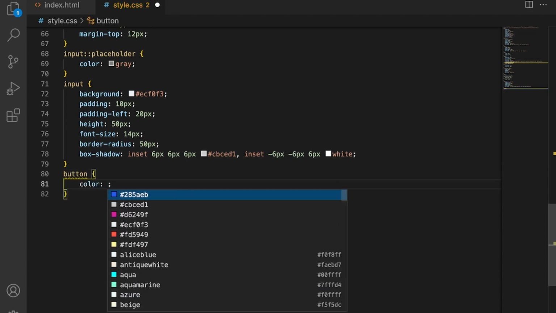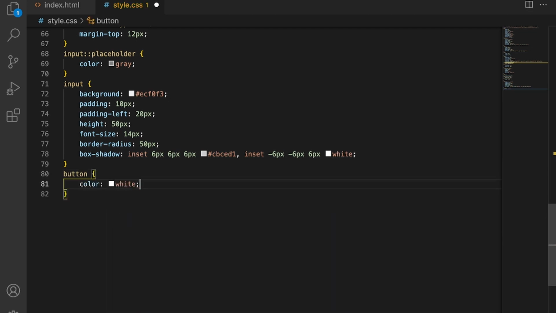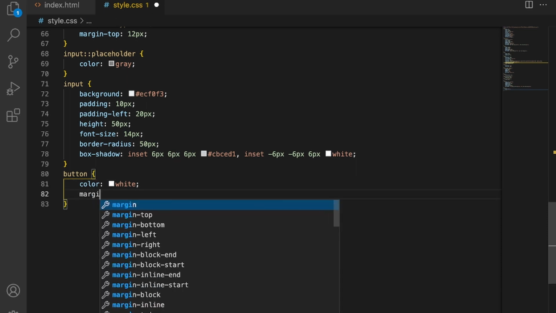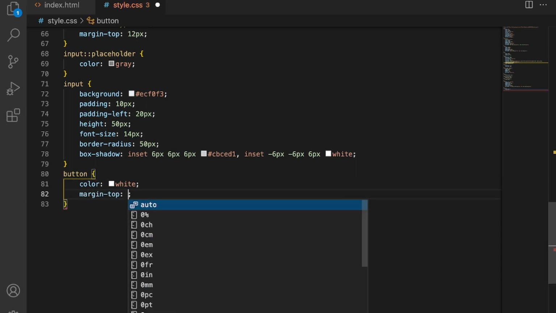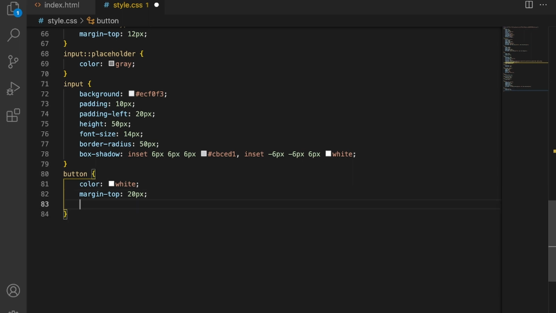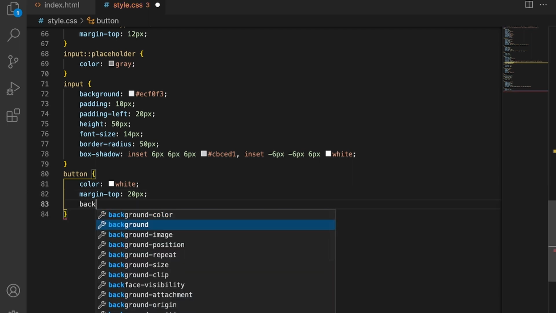and first of all I will change the color. So here I will write white color and give some margin-top. So here I will write 20 pixel and also change the background color.